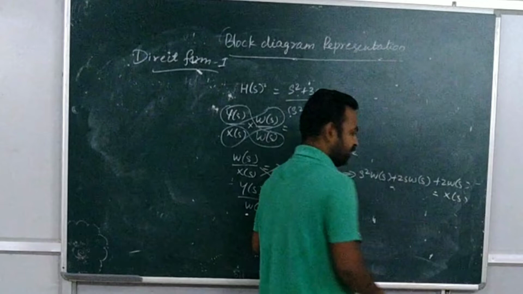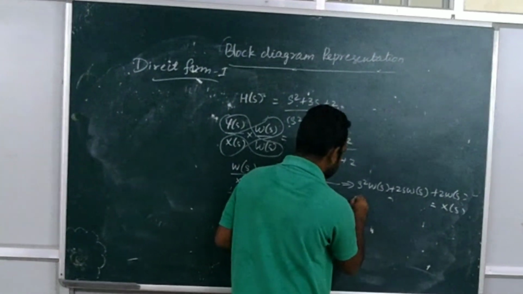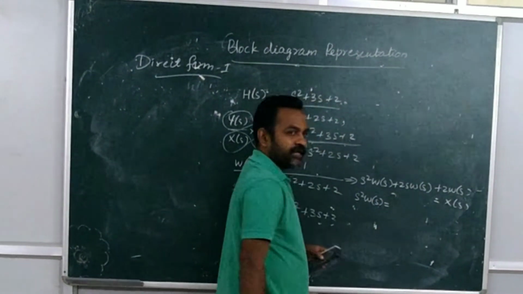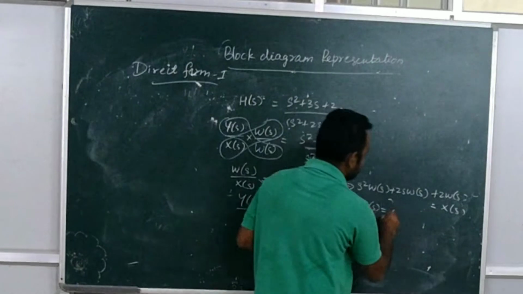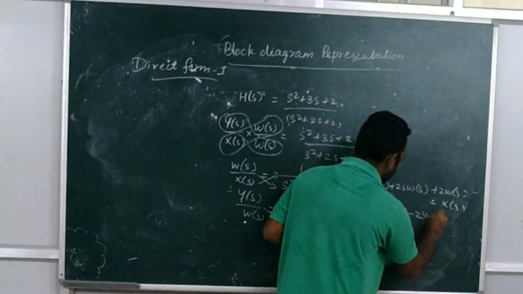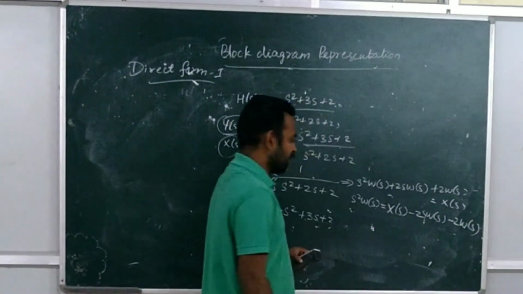And here you are keeping only the s square W of s on the left hand side. Remaining all you bring to the right hand side. So X of s minus 2s W of s minus 2 W of s, you are having